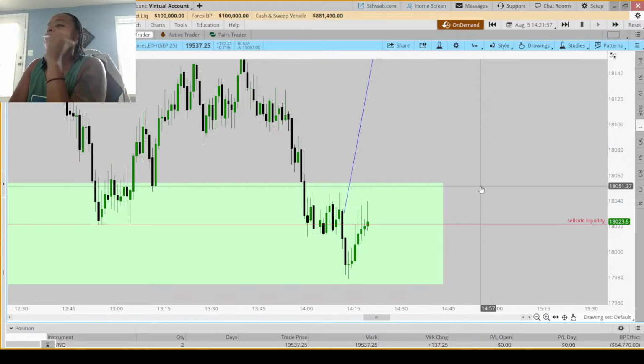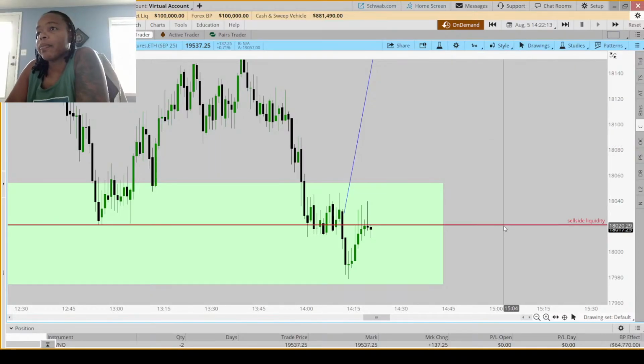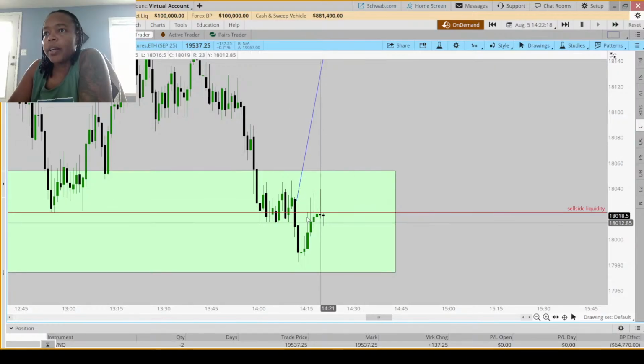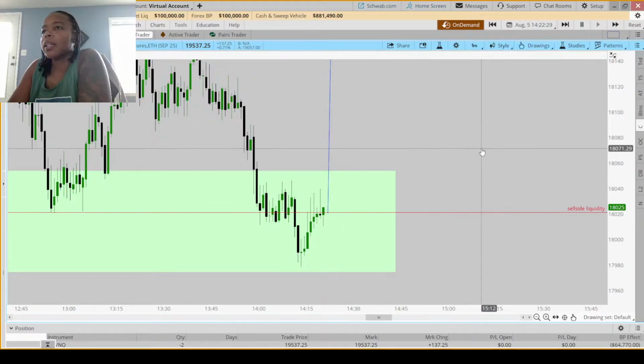Cool, cool, cool. Yes, definitely no rush because this is a learning, growing experience for me. And if this helps you guys too, that would make me super happy as well. So in this scenario, there's a big old wick on this down close candle. Whenever there's a big wick, I'd want to take it at the body like that.